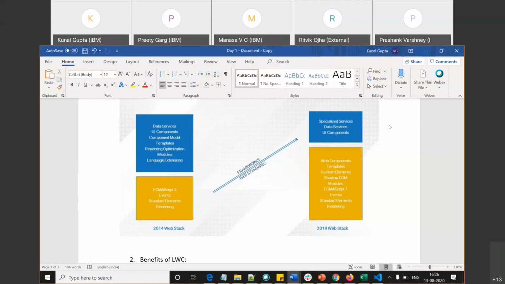Previously in Lightning, we were using ECMAScript 5, but in LWC we are using the latest ECMAScript. We will talk deeply about ECMAScript in a later session. We are using ECMAScript 6 and above. So the main motto of LWC,